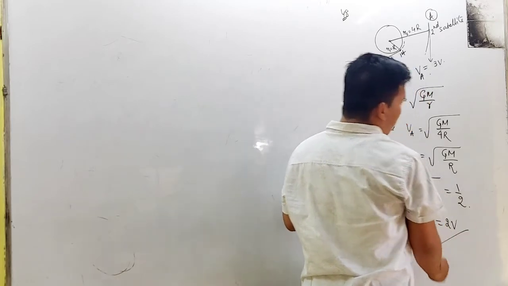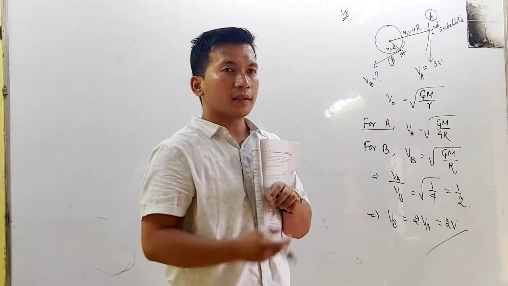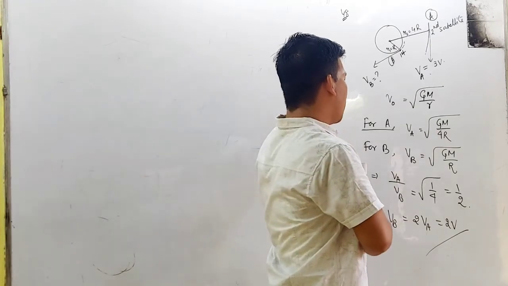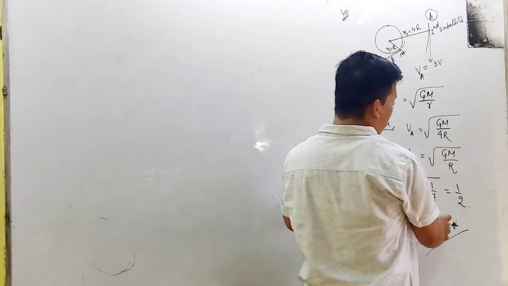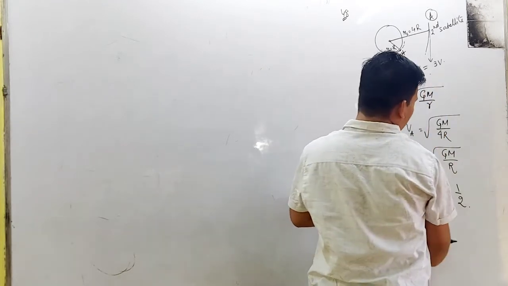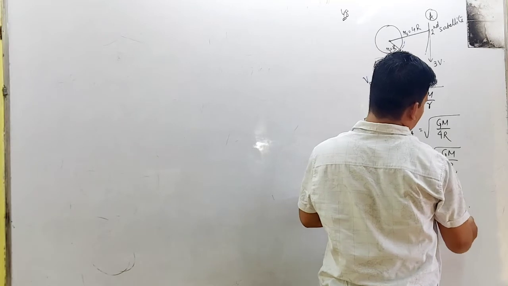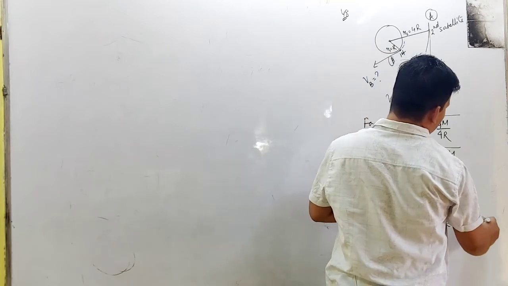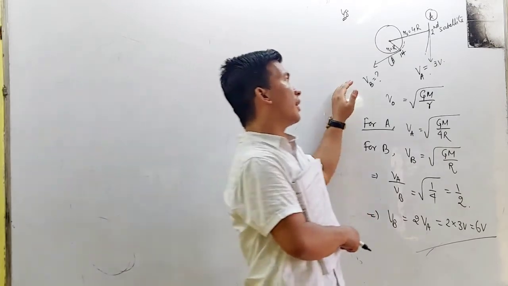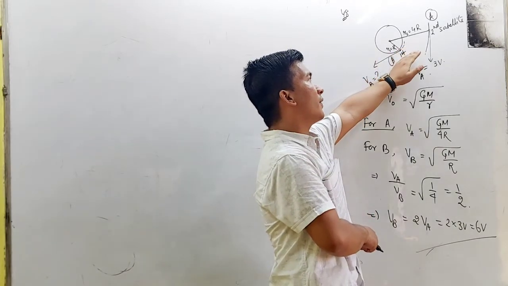The conclusion is very simple. VA is 3v, so VB is 2 times 3v, and the answer will be 6v. When the satellite is near to the Earth's surface it will be